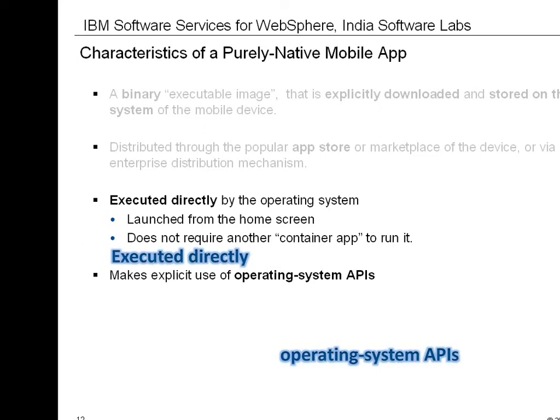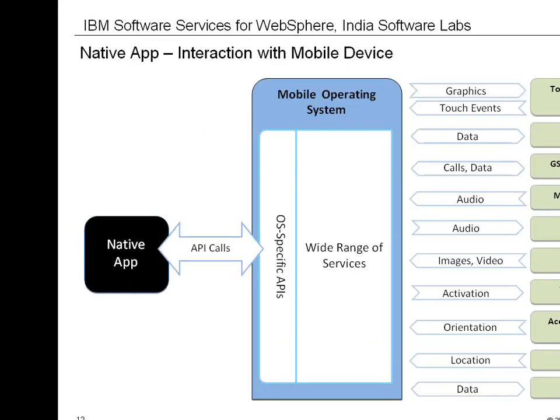So on this slide, this is a view of how a native application will interface with the mobile operating system and will get access to all the internal API calls. Once the native application is installed on the mobile device and the user launches it, it interacts with the mobile operating system through proprietary API calls that the operating system exposes. And this is true for all platforms, be it Android, iPhone, BlackBerry, or Windows. It is through these API calls that the application can get access to the different hardware components of the device.